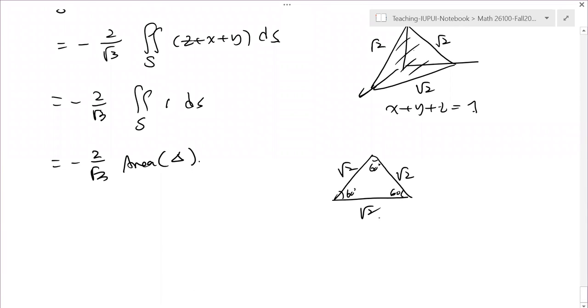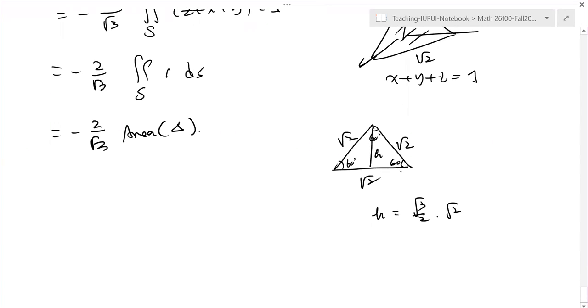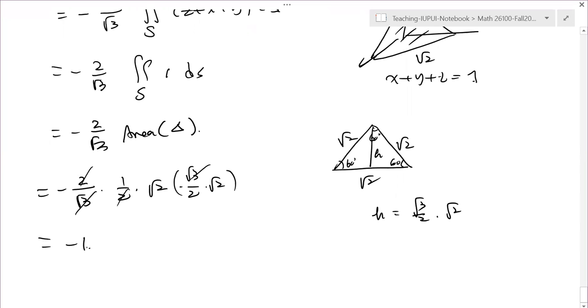Okay, so first of all, you find the height of the triangle, h, and h should be equal to square root of 2 times square root of 2, right? Right, because it's 60 degrees. Then once you find h, you can find the area, right? So it's negative 2 over square root 3, and the 1/2, the base is 2 square root 2. The height is going to be this. This is the height. So we have so many numbers here, right? And the answer will be just negative 1. Okay. Now, if